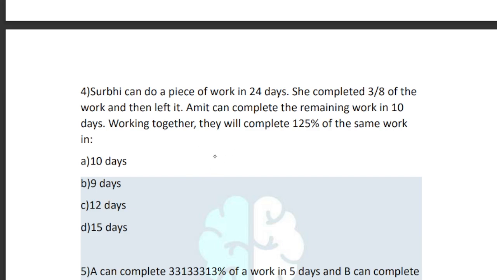Now here, what can we do? Let's assume the work first, and Amit completes the remaining. So I'm taking the total work as the multiplication of these days. You can take 24, by taking the efficiency of Surbi as 1. If I take the efficiency of Surbi as 1, she takes 24 days, that means the total work is